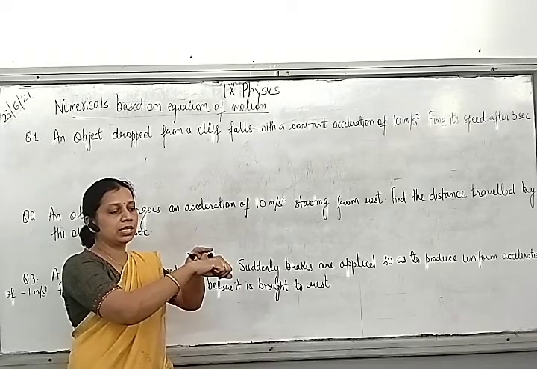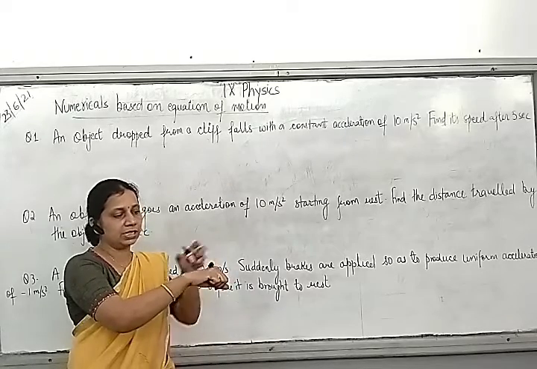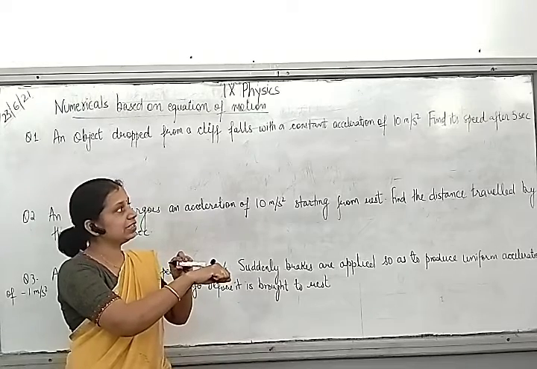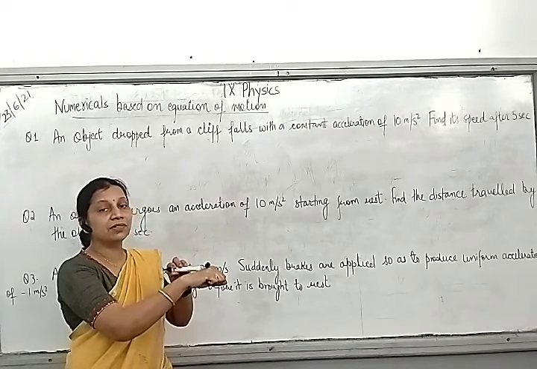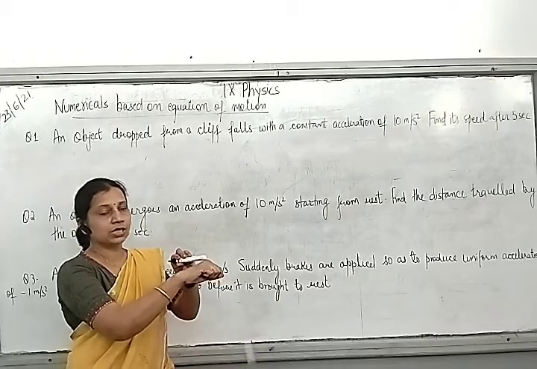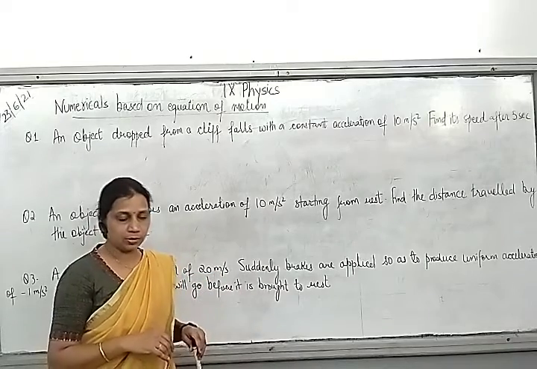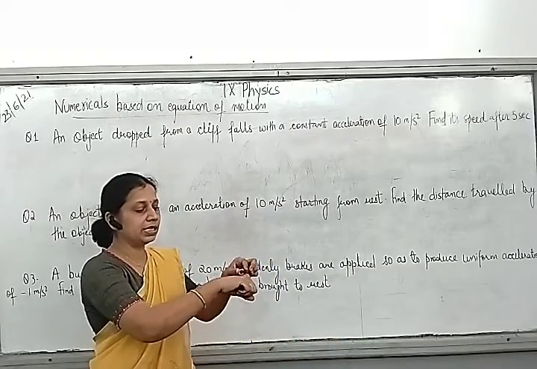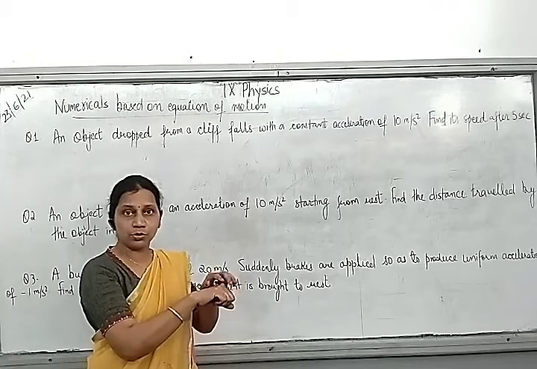Initially, if you see, this object is at rest, right? Initially it is not moving. It is here, and now it is dropped from here, in such a way that its acceleration is 10 meter per second square. What you have to find is the speed after 5 seconds when it is dropped. So I am dropping it. Let's say after 5 seconds, how much will be the speed that I have to find. First thing, when this object is here, it is at rest. That means your initial velocity is 0.